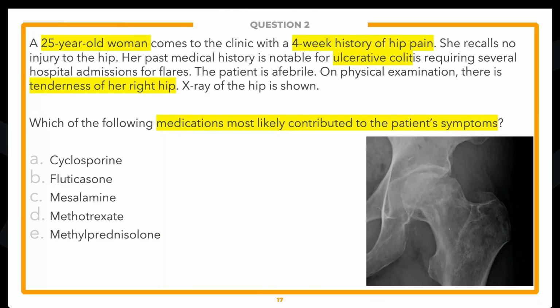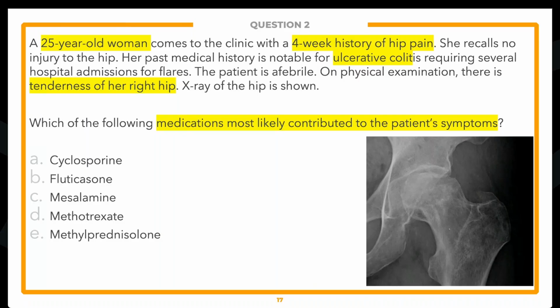And with cyclosporin, generally you're not thinking about avascular necrosis of the femoral head. These people have increased risk for infection. Nausea can be another common side effect. Generally not this. Fluticasone. Well, fluticasone is a steroid technically. Why is that not the answer? Well, it's an inhaled corticosteroid. Those did not tend to have systemic effects, and those did not tend to have effects that would cause this, right? The amount of absorption you're going to get, it's mostly working in the lung,